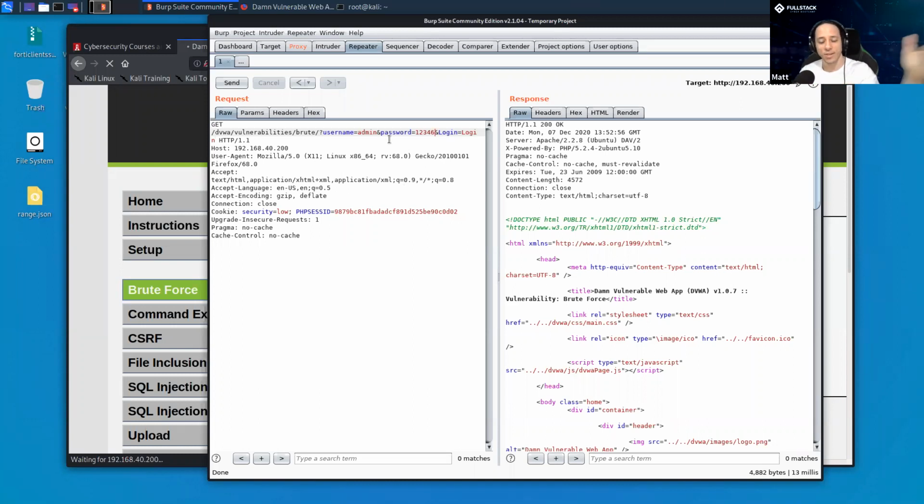Once you send the request, look at the response. Did we get logged in? No, try again. Okay, so let's try to automate this instead. You can do this with Burp, but we're going to use the tool Hydra from the command line. Now that we've done our research, we have an idea of how this thing works. We can start using Hydra.